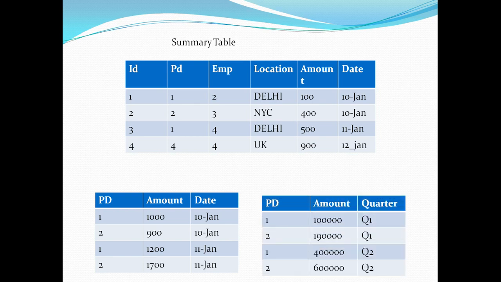So I have another user who wants to see the data at a higher grain. He wants to see the amount of revenue generated by different products in different quarters. So the amount of revenue generated by my product 1 in quarter 1 is $1 lakh, by my product 2 in quarter 1 is $1,93,000. If you see quarter 2, I can clearly glean that the sale of these two products has increased considerably. So he wants to see that kind of data.